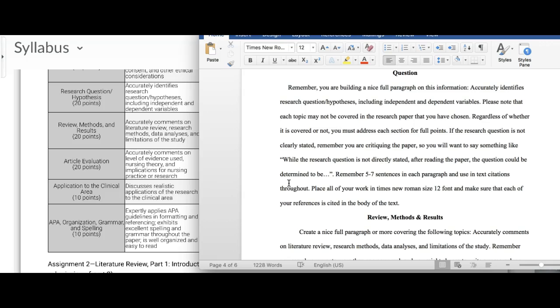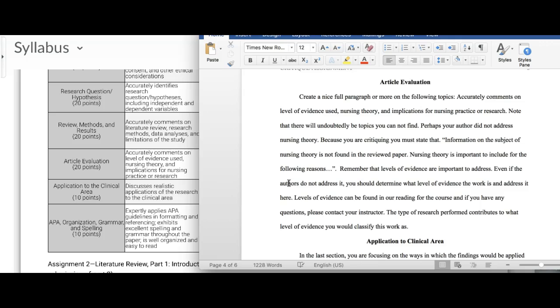And then limitations. If they don't tell you the limitations of the study, then you want to state that because you're critiquing it. So you want to say the authors did not describe limitations of the study. However, limitations might include, and then give some ideas for limitations. The next section is on